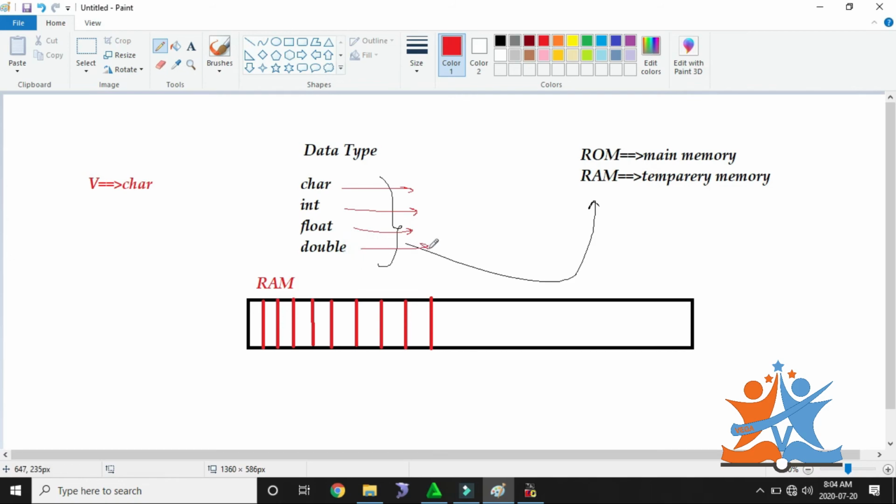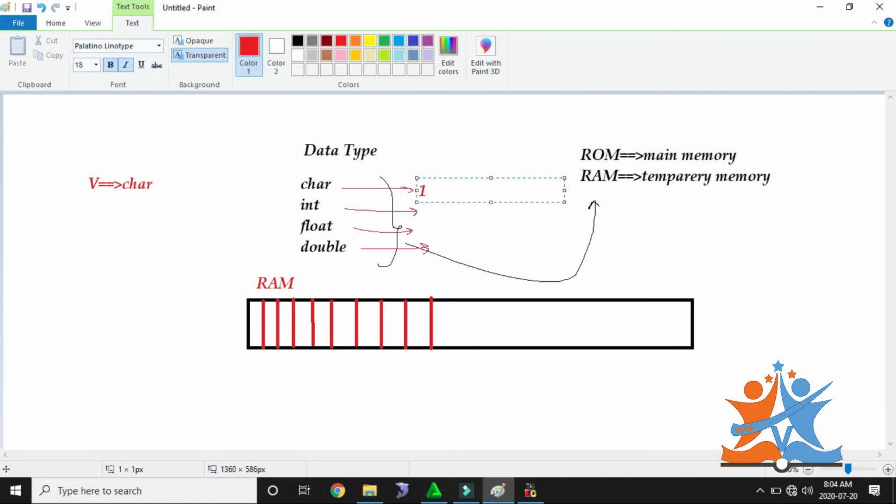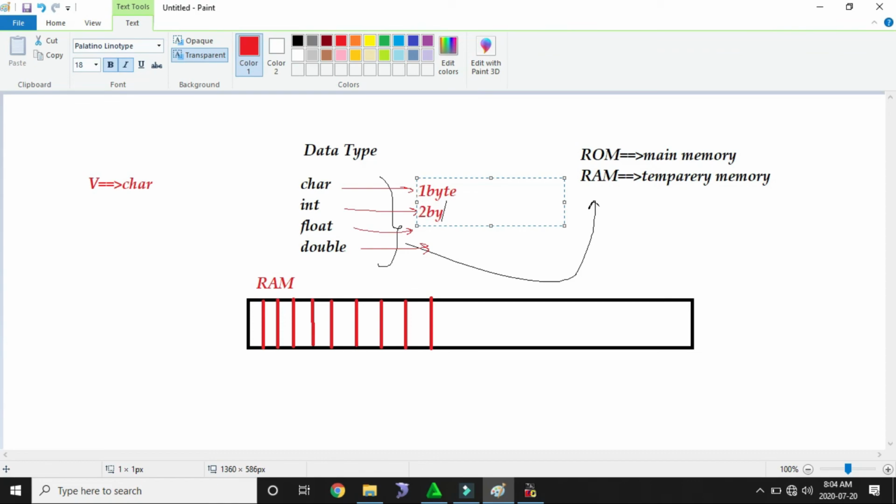If you go for a character, it will occupy 1 byte of memory. If you go for integer, in operating systems we have two types: a 32-bit operating system and a 64-bit operating system. If your system is a 32-bit operating system, it will occupy 2 bytes of memory.